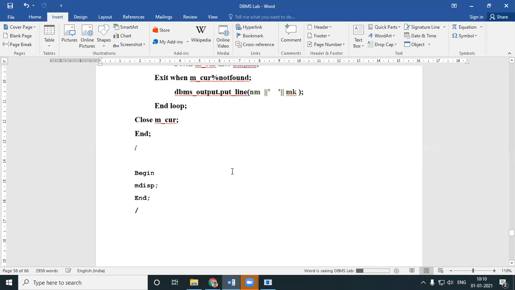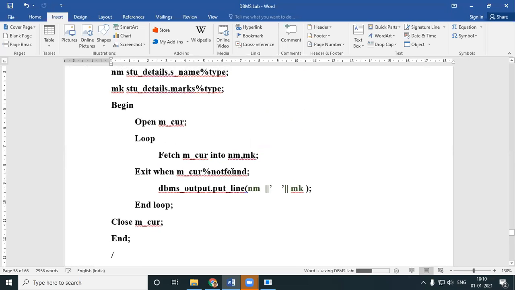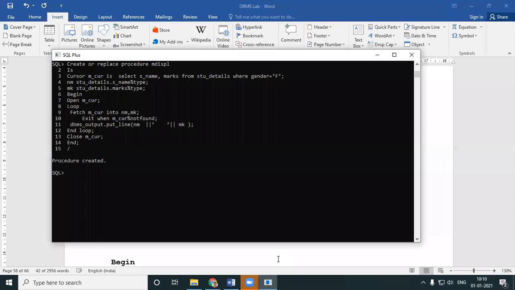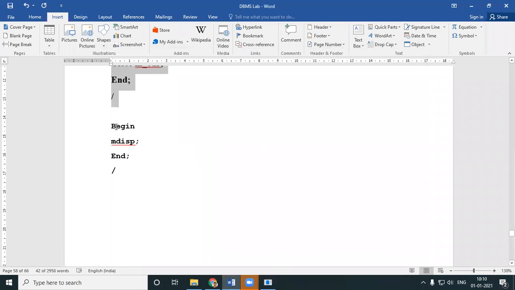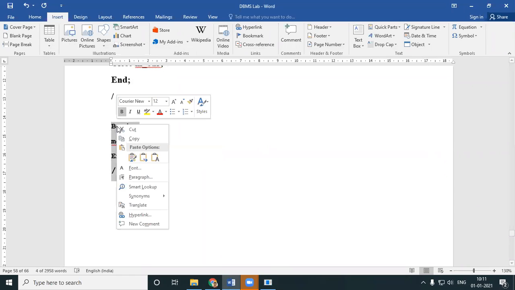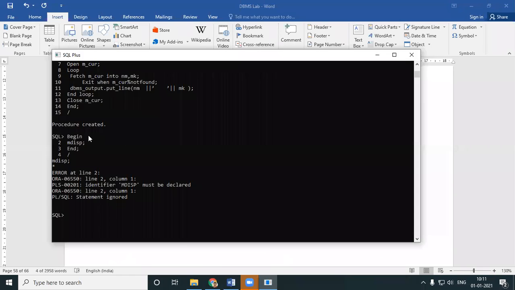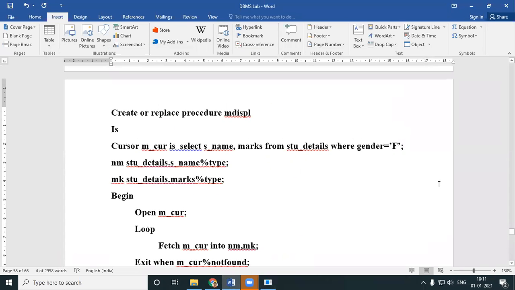Okay, so I'm done with my cursor. Now we'll run it. My procedure works perfectly fine. Let me go to my main program, my calling part. I'm having a problem with MDisp.